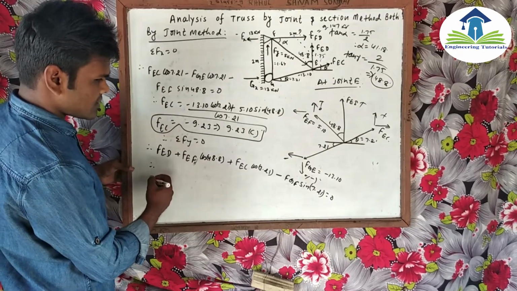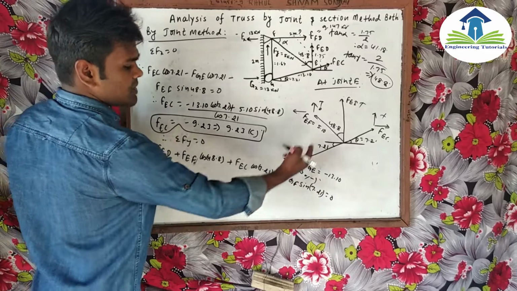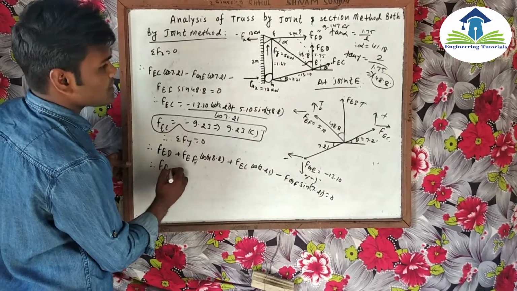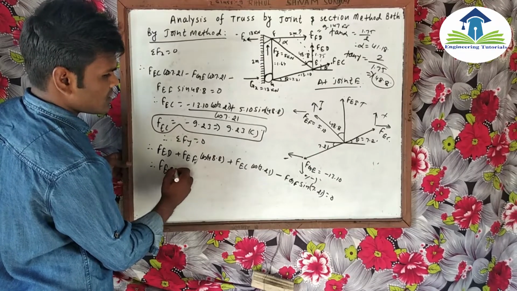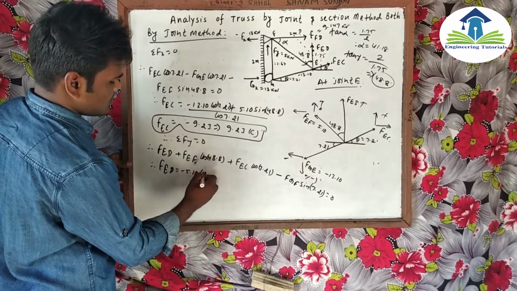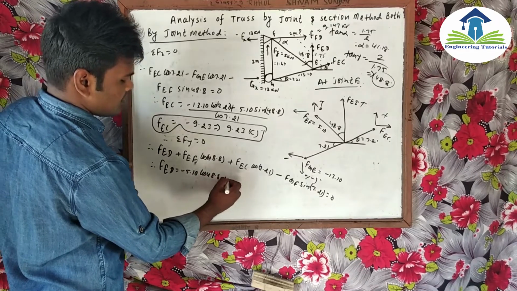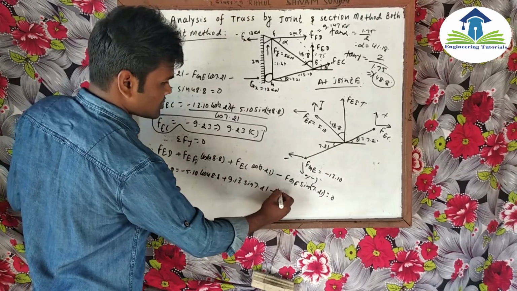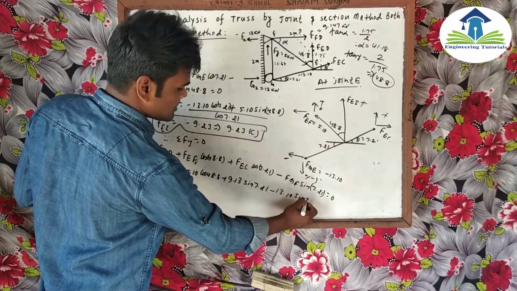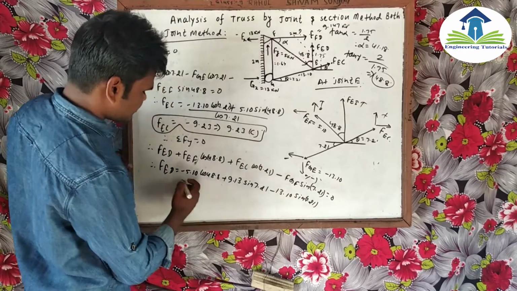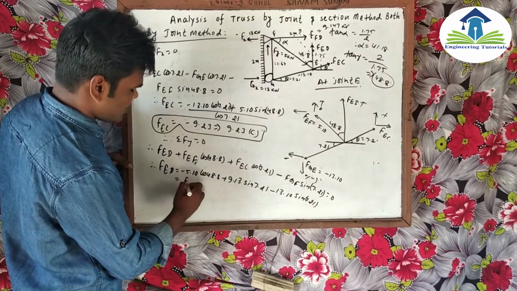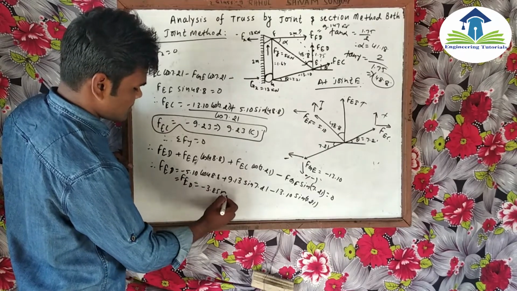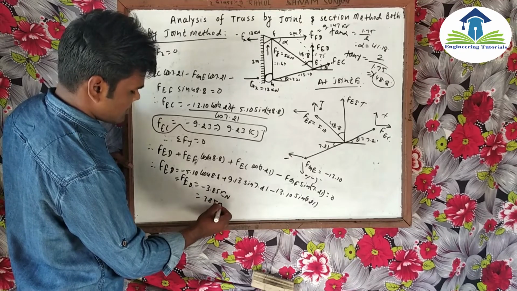Now after calculating this value, all the forces are put on the right side directly. So FED we have to calculate: minus 5.10 cos 48.8 plus 9.13 sin 7.21 minus 30.10 sin 7.21. After calculating, we can find the value of FED is minus 98.5 kilonewton. So 3.85 kilonewton.